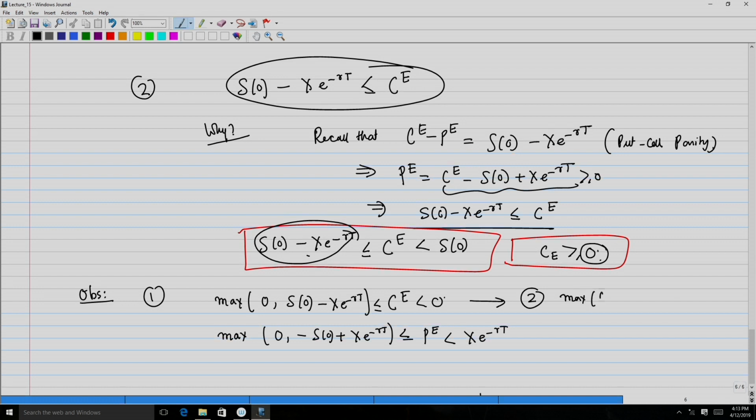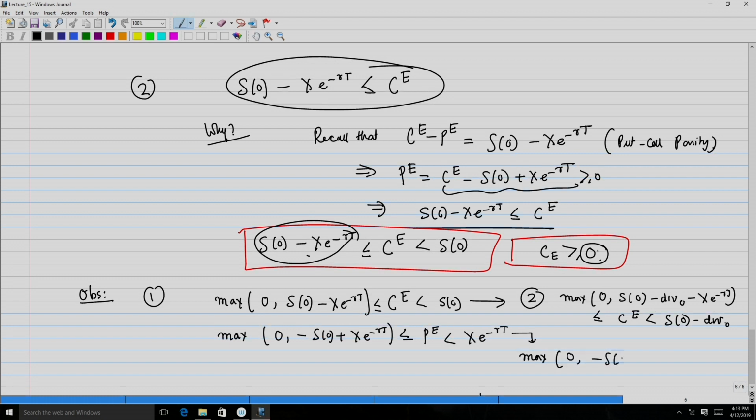maximum of 0 comma S 0. So, all the S 0s get replaced with S 0 minus div 0. So, this becomes S 0 minus div 0 minus x e raised to R t, less than or equal to C e, strictly less than, actually I need to correct this, it is S 0. So, this is S 0 minus div 0, and this relation becomes maximum of